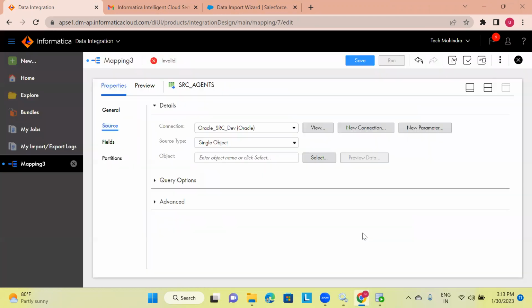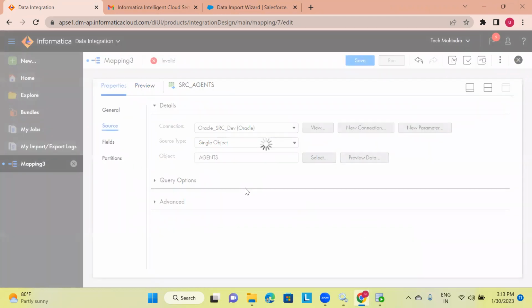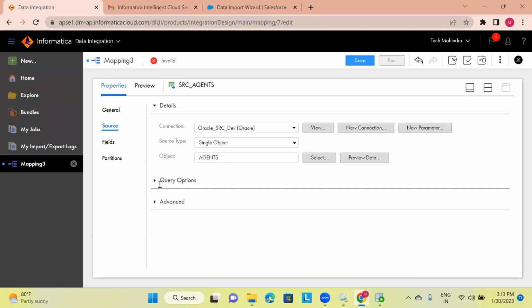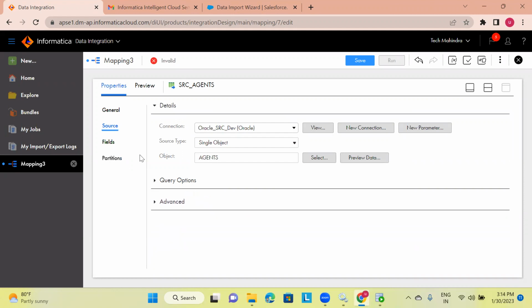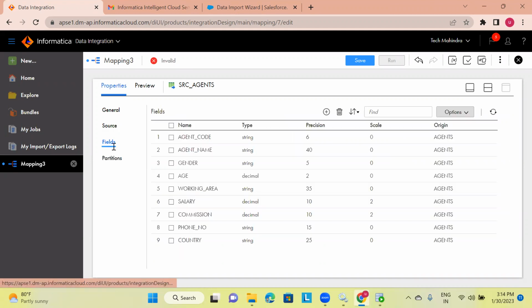Click on OK. These are the advanced options, I will say later, and these are the query options. Whatever these will be, I will say later. These are the fields in my agents table: agent code, agent name, country, phone number. These are the fields in my agent table,